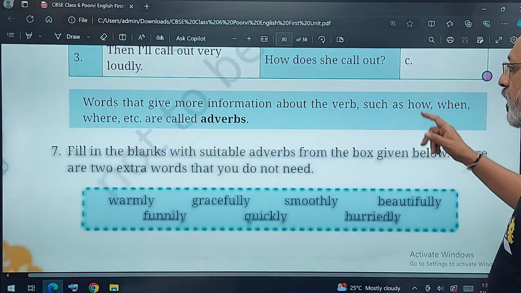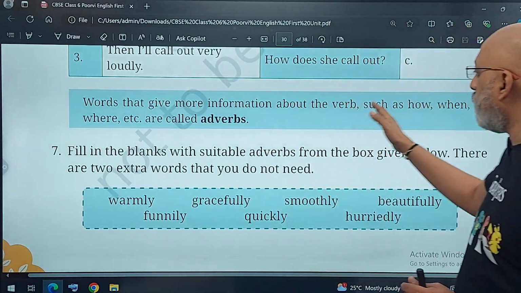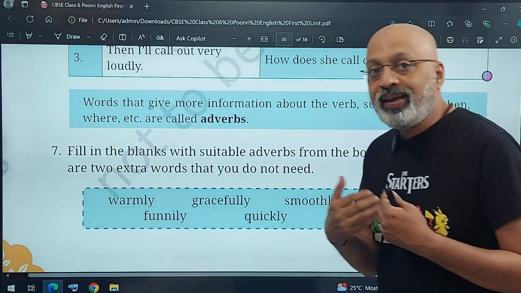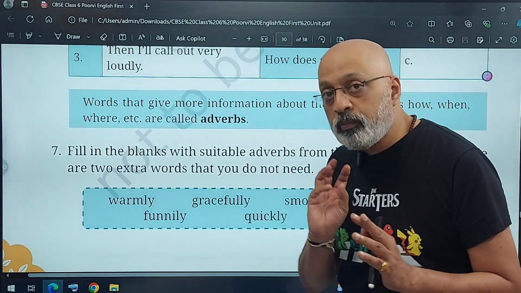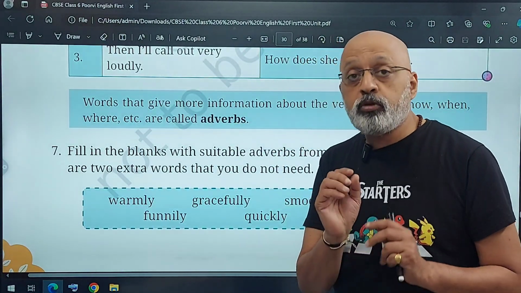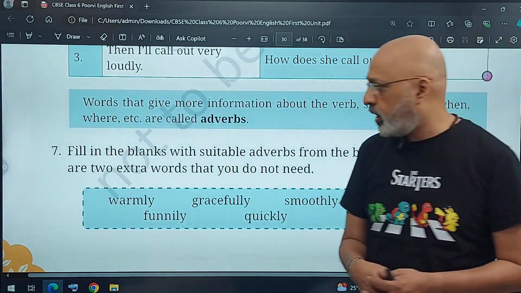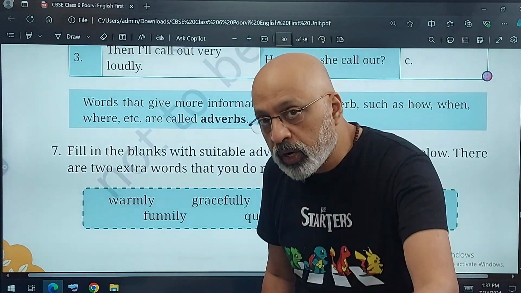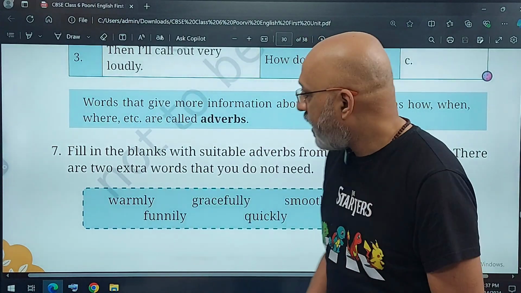This is pretty simple. Now, these are called adverbs, which kind of give more information about the verb, meaning kaise, kahan, or kab. You know, so इसका information जो देता है verbs के बारे में, उसको adverbs कहते हैं. ये आपने शायद 5वीं कक्षा में ही पढ़ा होगा. So, which gives you more information in terms of how, when, and where are known as adverbs.